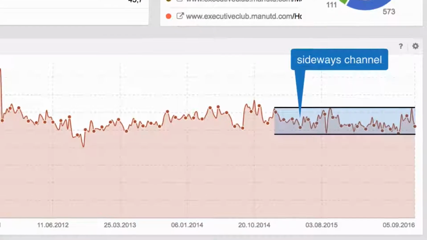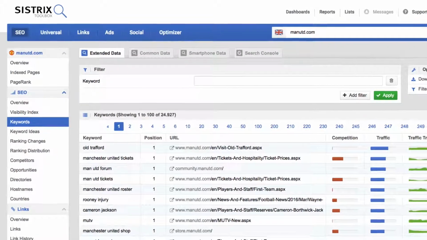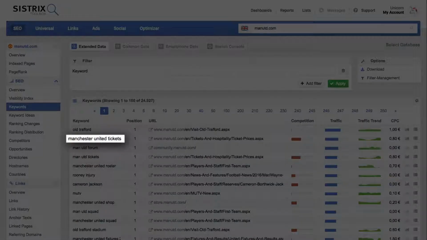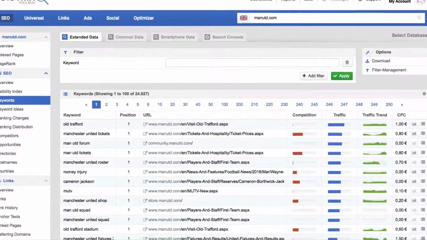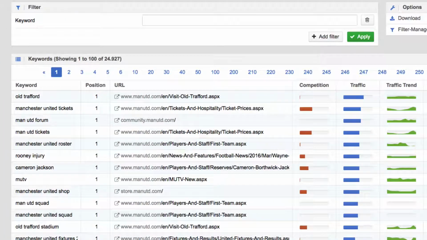If we look at the domain for the well-known British soccer club Manchester United, manutd.com, then we can watch a relatively stable long sideways channel. The domain ranks mostly for search queries containing the brand name, such as Manchester United tickets. The domain is naturally an authority for such keywords,